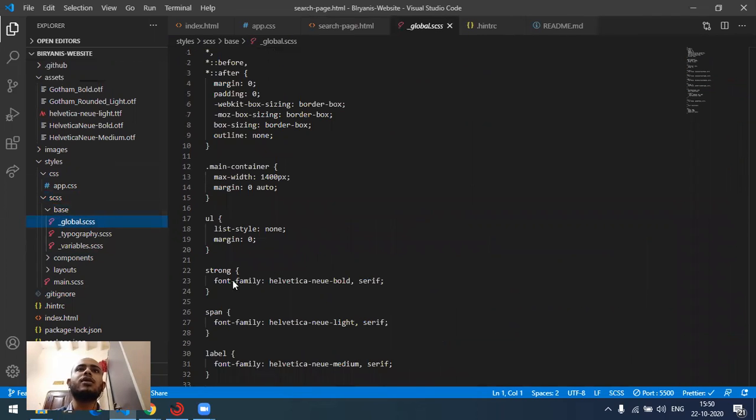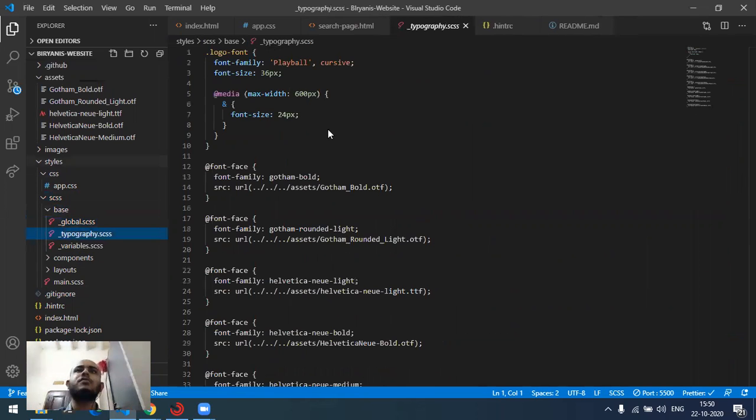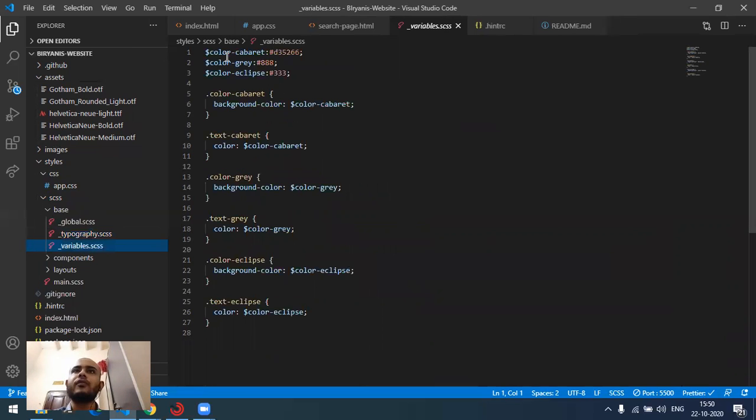These are global things. The other one which I made is typography, mainly for font families. So I made this typography. Then the third one is variables. Here I created many variables. I named them and I gave them the colors.